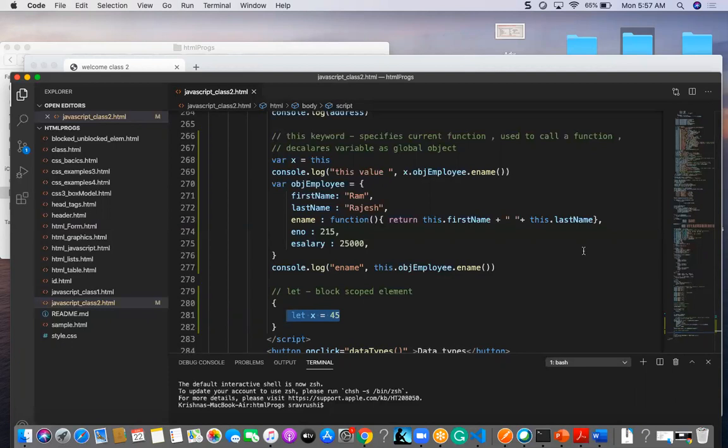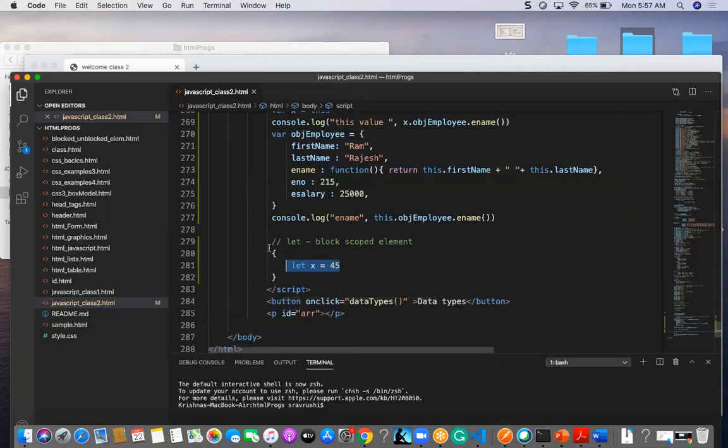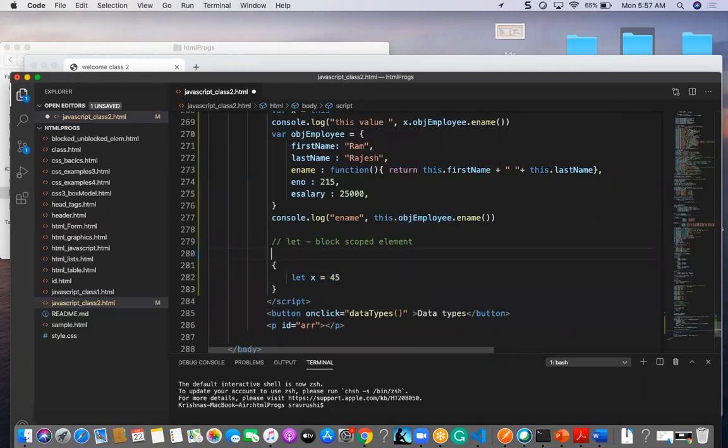Suppose I want to declare something, let us think one small example. I am giving y is equal to 45, and I am going to override this variable with the var here.